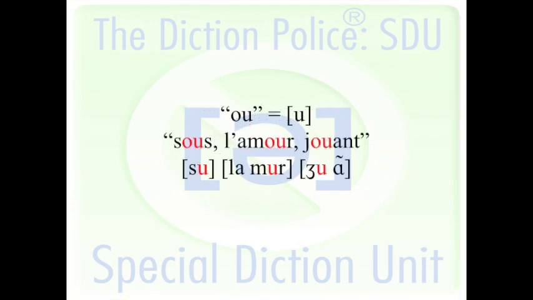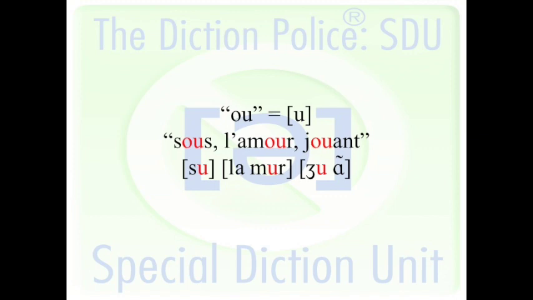The next one we should talk about, I think, is the OU. OU in French is the phonetic U in IPA. So it's the sound OU that we were talking about earlier. So just to be clear, when you see just the letter U, it's the lowercase y phonetically. Right. But when you're looking to make the phonetic U, you actually need OU. Exactly. You have to know if you're talking about spelling here or about a phonetic transcription. Exactly. If you see a phonetic transcription that's a U, that will be the sound OU, and that is spelled OU in French. So in this piece we have sous, l'amour, and jouant.